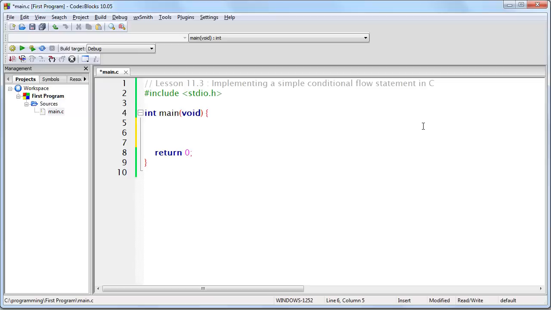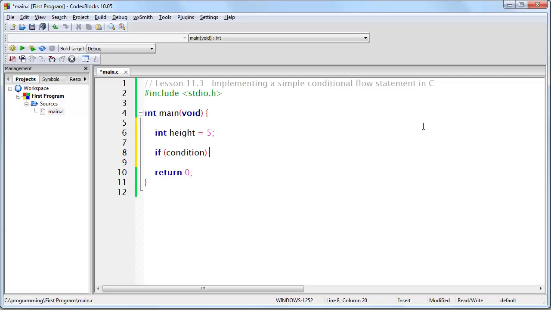So as you see, I have the structure of a basic program here. Let's go ahead and create a variable. And we're going to write an if statement that will test if height is equal to 5. And then we're going to display some text if it is equal to 5. So how do we do that? First of all, we write the word if, and then we put the condition that we're testing for within